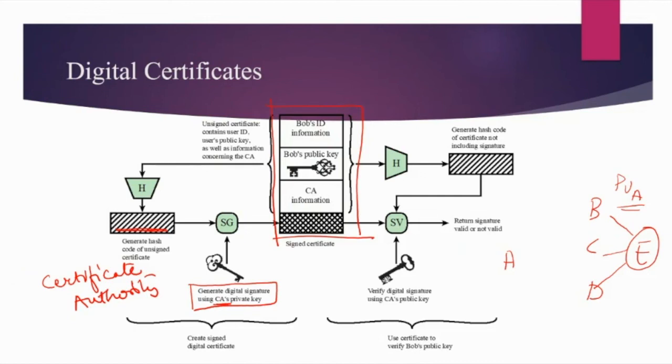Now what will they do with this certificate? They will first compute the hash. When they compute the hash, they get a value, which is the value they are supposed to get. Then they will decrypt the signature using the public key of the certificate authority. If these two things match, they can verify that yes, this public key belongs to Bob. Hence this is an authentic key, and then they can continue their communication.